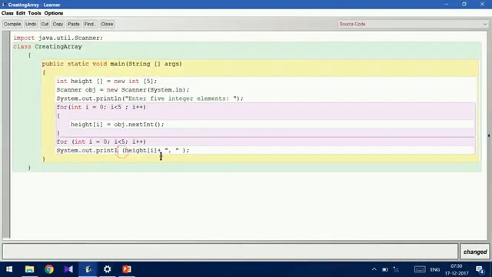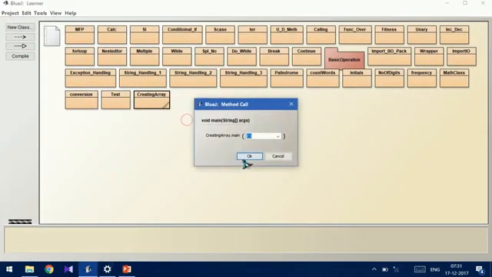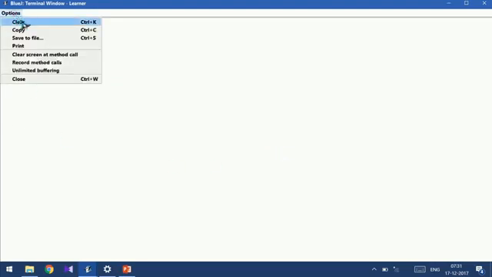If we give print here, then it will print in the same line. So you can see that it is given.